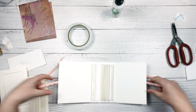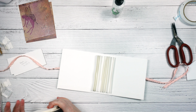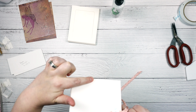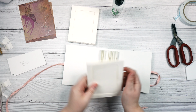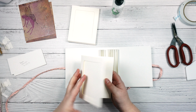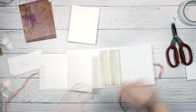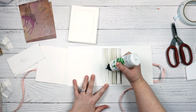And then I'm going to do the same thing on the other side. Okay, so the next thing that I'm going to do is I'm going to go ahead and attach all of my frame cards into my album. So we are going to put them in. This is the front cover, so remember the back cover is the one that has the seam on it. And we're just going to open it up, and these pages are going to go in like this. So we're going to open up the frame card just like this, and we are going to attach each one of these onto here. So I'm just going to grab my glue, and I'm going to put some on my little flaps here,